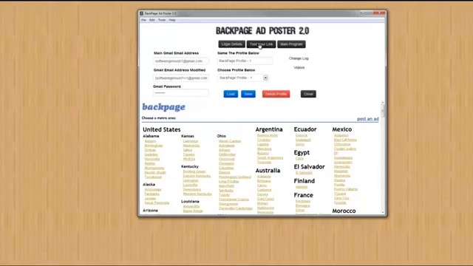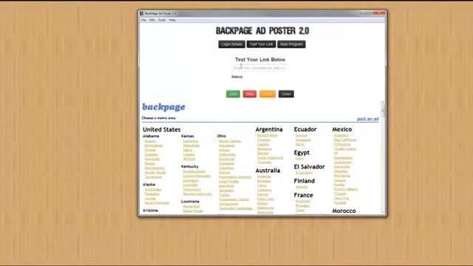We'll go to the test your link tab. Now, before you run any campaigns on Backpage, what you want to do is test that link to see if it's going to be approved or not, because you don't want to spend all the time putting your ad copy together and then try to run the campaign to find out that your link is not going to be able to be posted on Backpage. You'll get that dreaded contact support@backpage.com. So what you want to do is test that link, that URL in here,